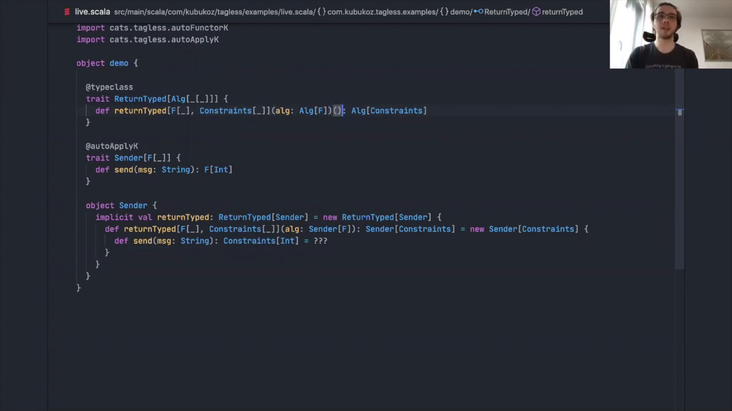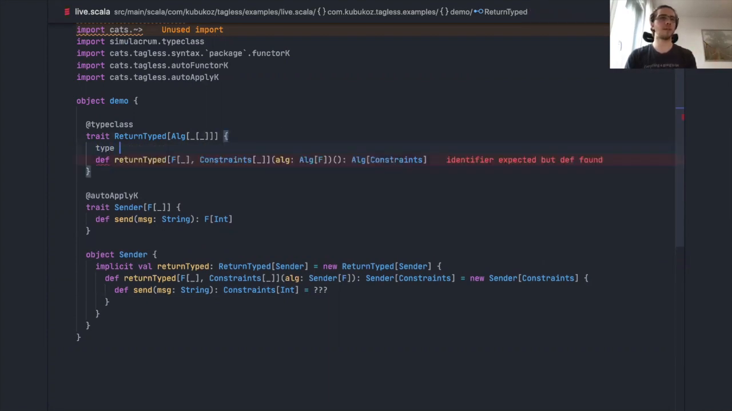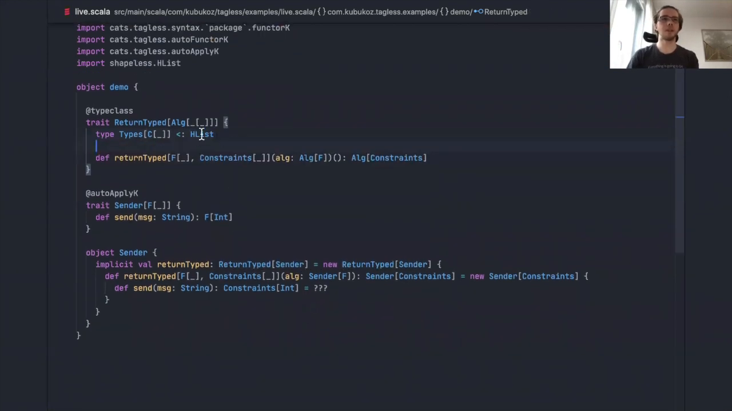method. Yeah. So I'll actually need instances for each of the return types in the algebra, but I don't know about the types. So let's call it like types. I'm just making it up. And that's going to be an edge list. I'm going to use shapers just to not invent things again. And I'm going to need